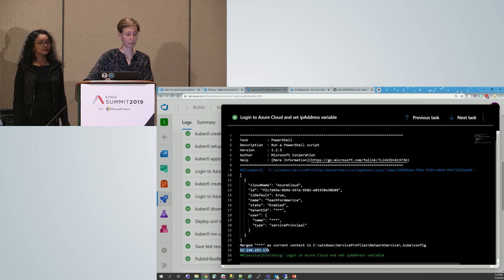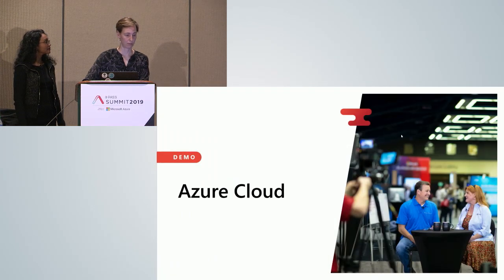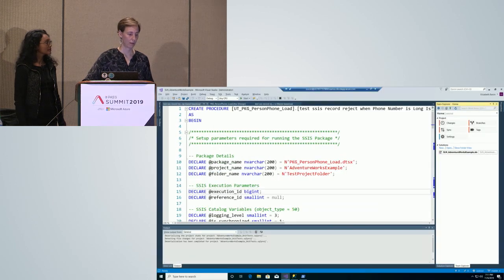When you set up a service in Kubernetes, it will give you an IP address to do ingress on your container. Otherwise, your containers are completely isolated. There's no way to get to them. But we need this because we want to inspect it. So let's go open up SSMS and see what we have. Here we go.